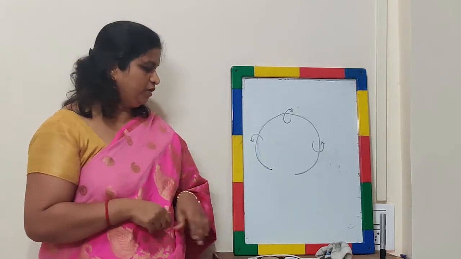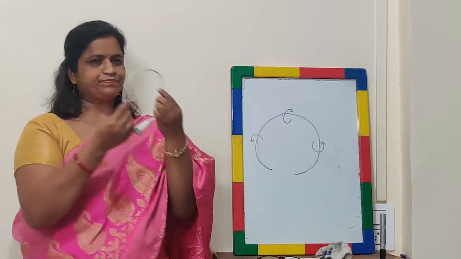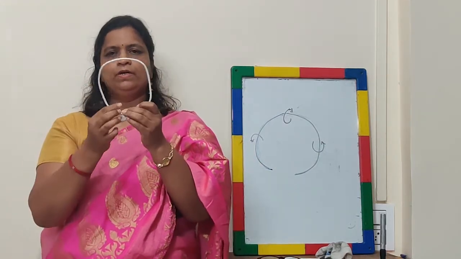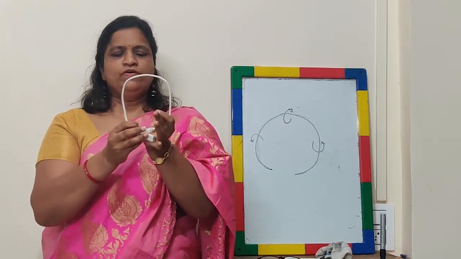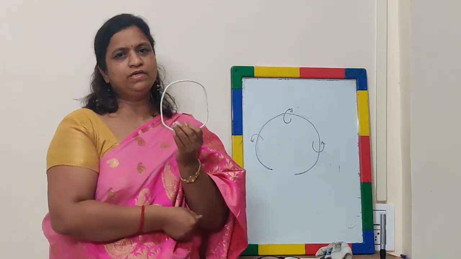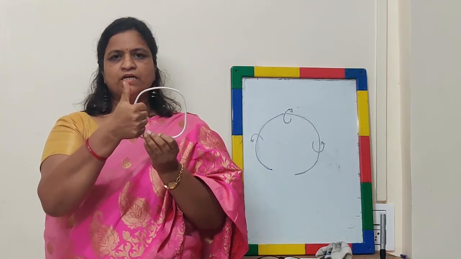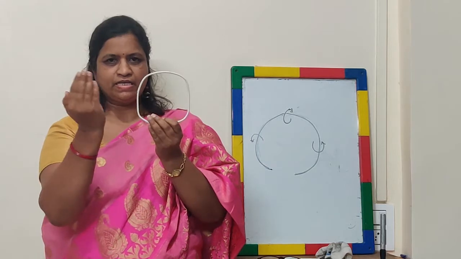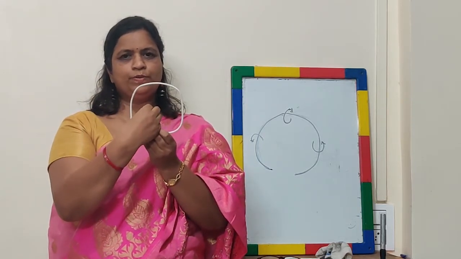Now what will happen if we have such a circular loop? Suppose a wire is there and it has such a circular loop, and the 2 ends of the wire are connected to a battery. So whenever such a conductor is present there, and suppose we are using the right hand thumb rule here, I will hold this conductor like this, the current direction is upward, so the magnetic field lines from your side are coming inside this loop.